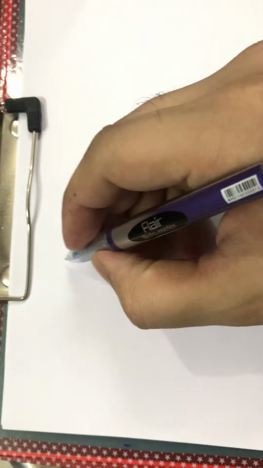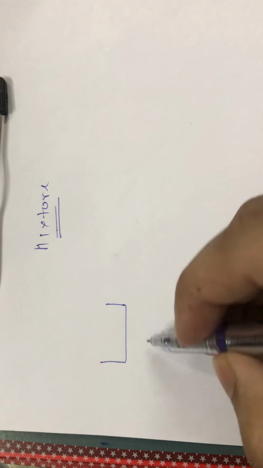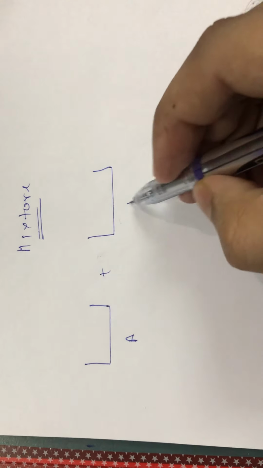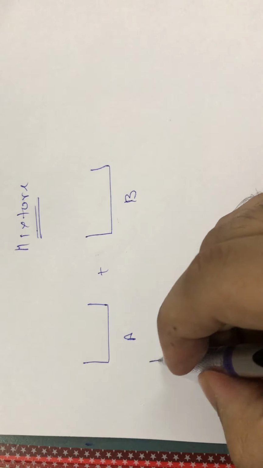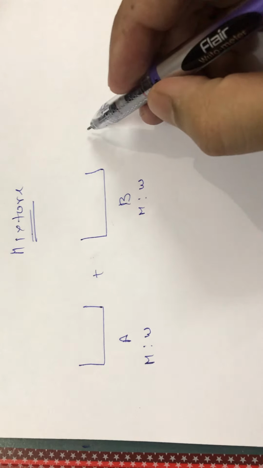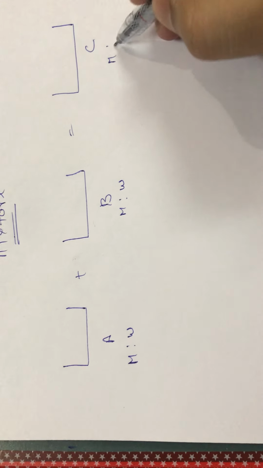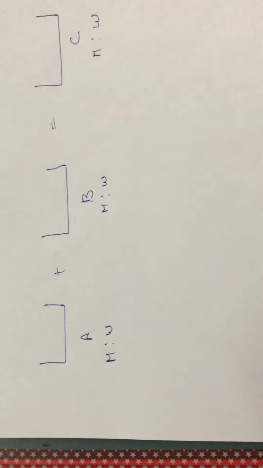I hope you all have gone through the previous video of alligation, and today I'll introduce the topic of mixture with you. How this mixture works. Suppose there are two buckets, bucket A and bucket B, having some milk and water in a certain ratio. I need to mix these two buckets in a third bucket, and I want to know the milk and water ratio in the third bucket. Suppose this is the problem.